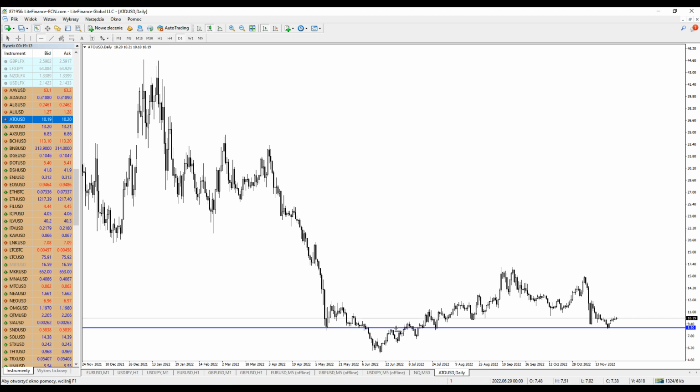Well, that's the very crucial level over here. When it comes to the Atom, we are talking about the levels close to $8.99, all right? Why? Because we are trying to hold that one, okay? As you can see, taking into consideration what we've seen before, here, right? And right now with the attempt to rally, that's quite significant. What we've seen before was the test of the supply zone,